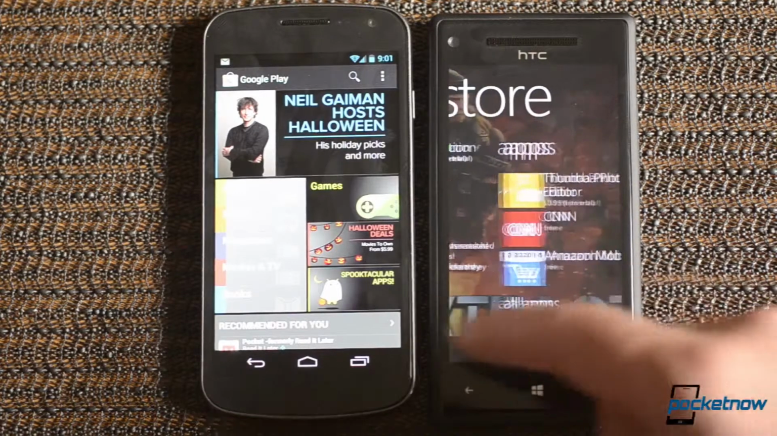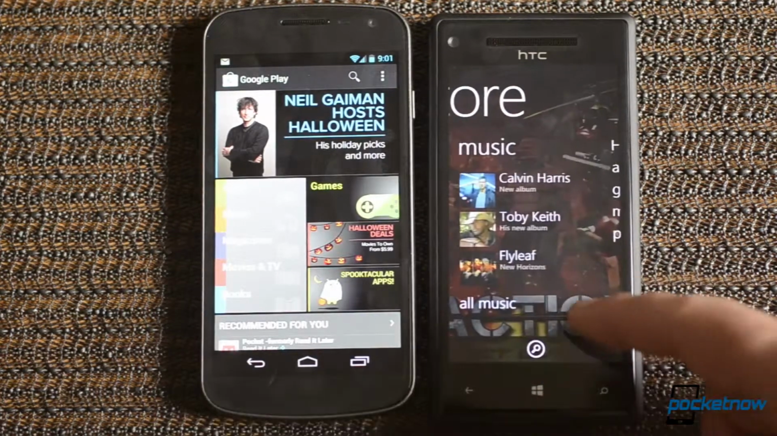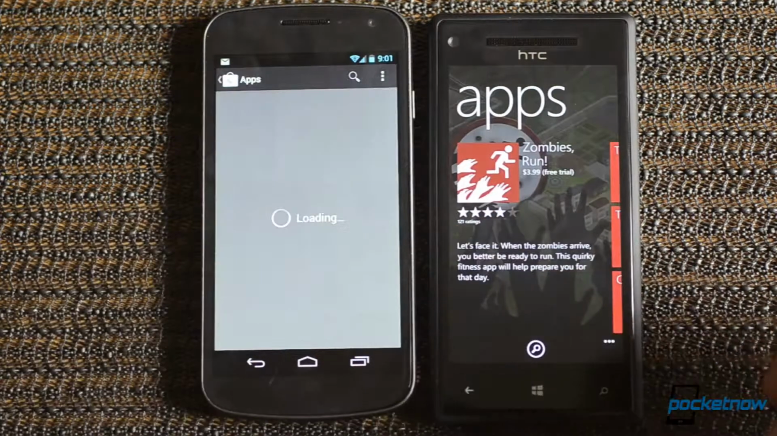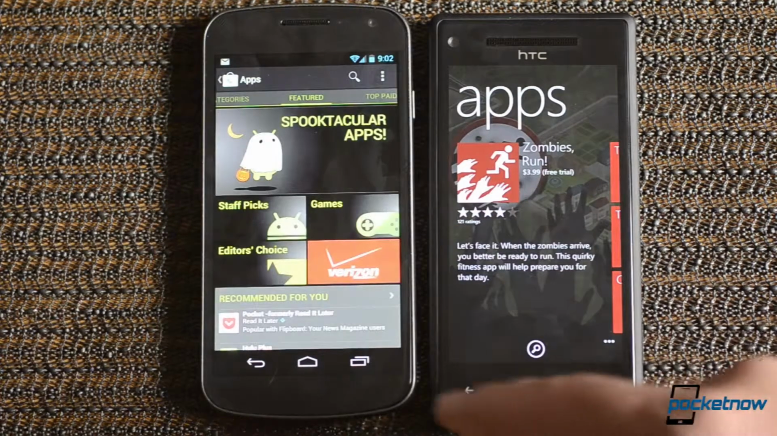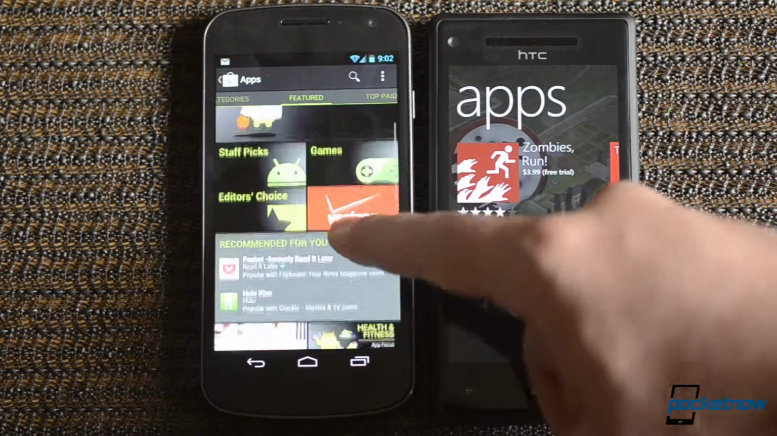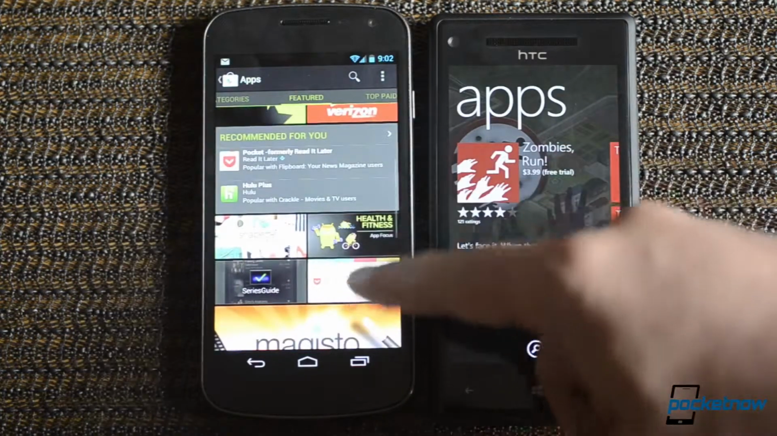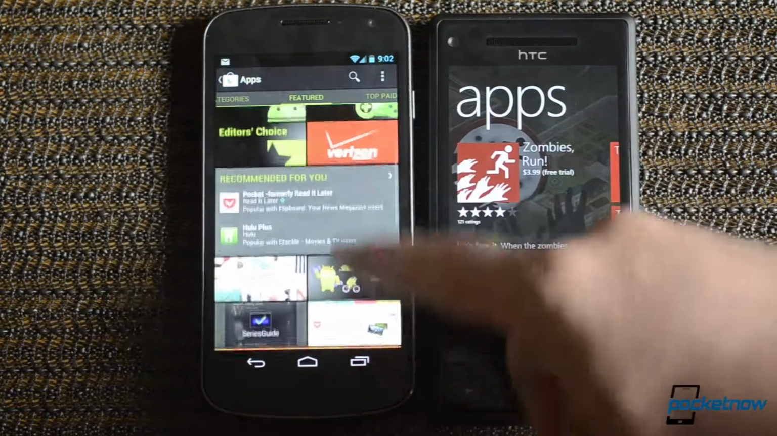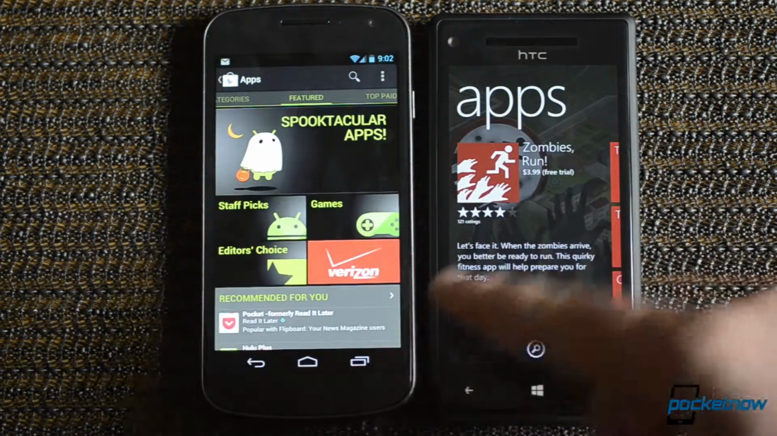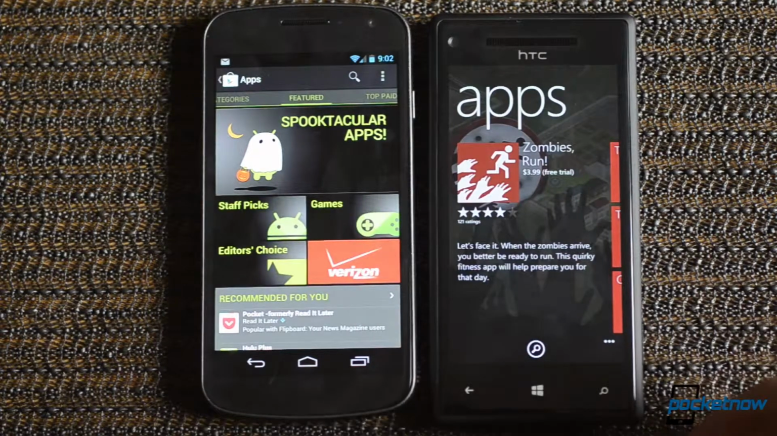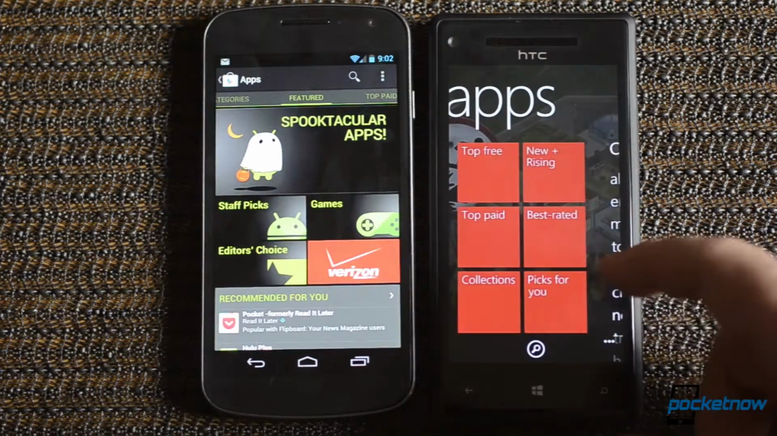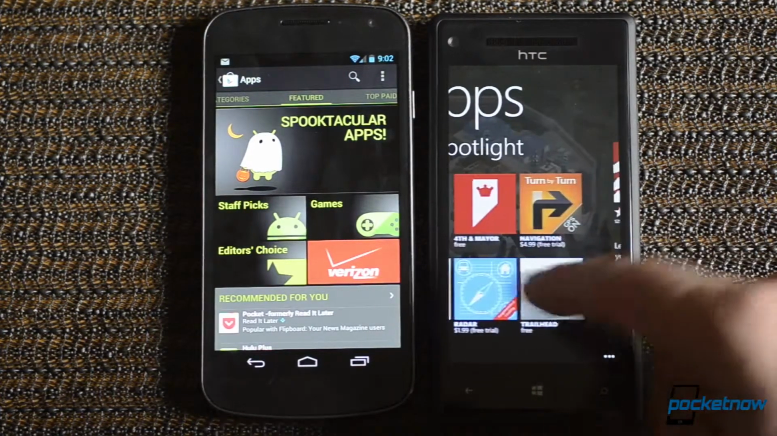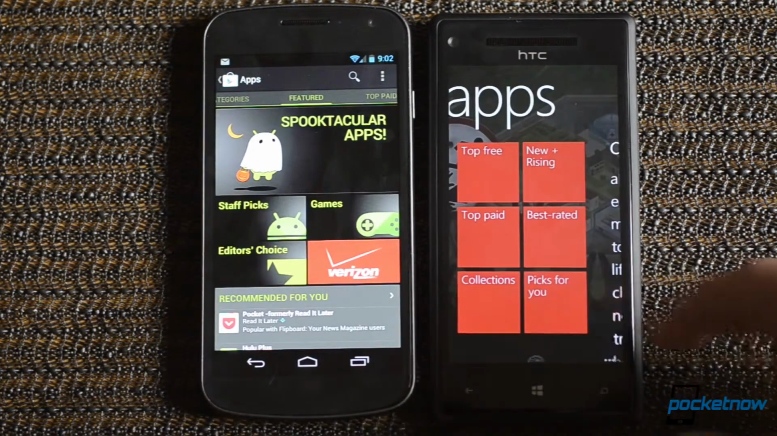Here's a featured app. Very landscape style layout. So let's go to apps over here. And again, big grid, some ads. And there's a bunch of different apps there. Of course, Android has many, many more thousands of apps. But over here on Windows Phone, we have some interesting features. There's your Spotlight. This is a good one, Picks for You,